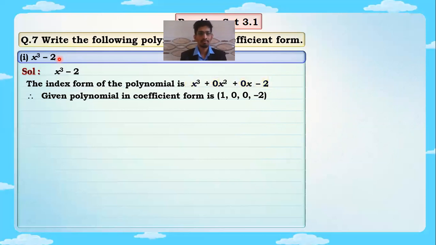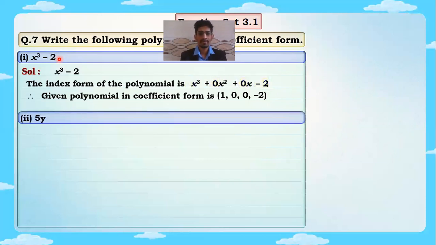Let's understand one more question based on it. That is second one. 5y. Now students, first of all, in this polynomial, is this polynomial in index form? If you observe, the highest power is 1, raised to 1 है. Raised to 1 के बाद 0 मतलब constant term होना चाहिए, but it is missing. So since the constant term is missing, we are going to write this as 5y plus 0. 0 is missing, constant term is missing, so it is very important to write that.